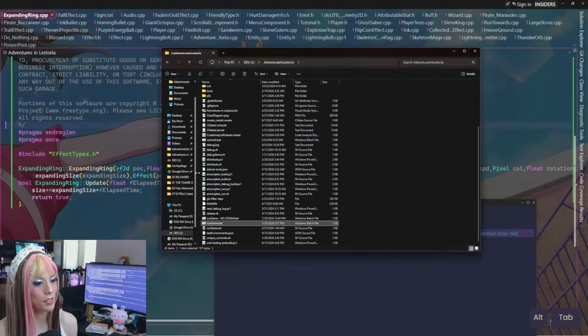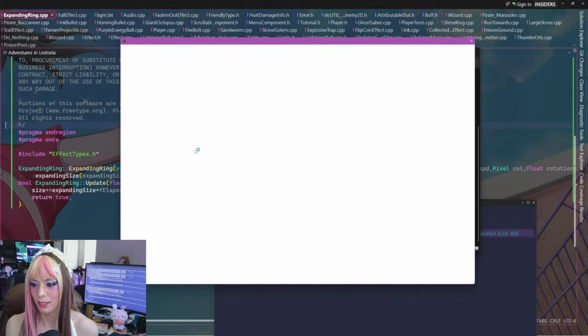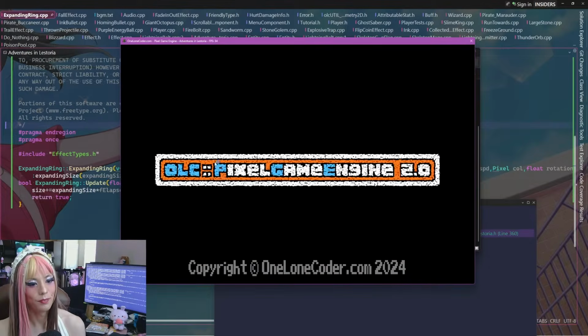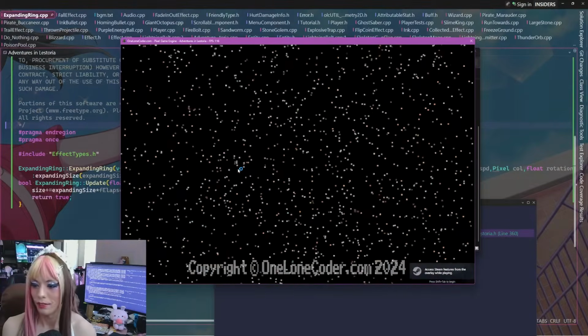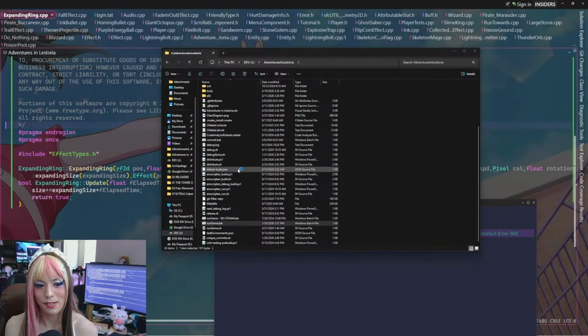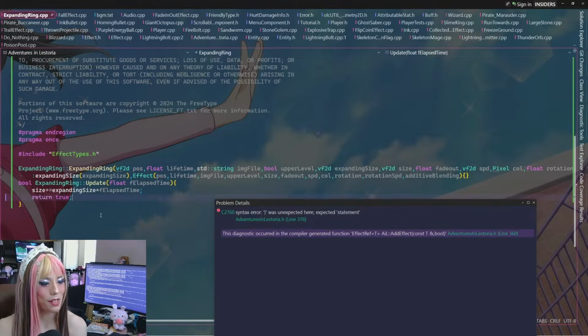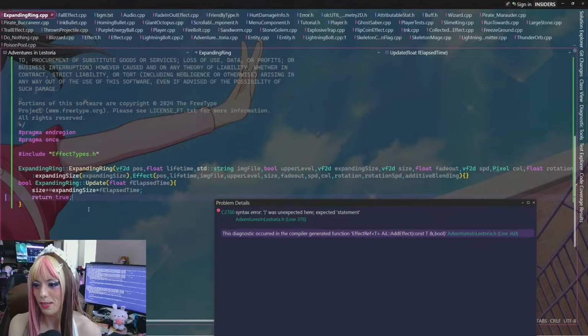Did it crash? I think it crashed. Well, if that's the case, then something went terribly wrong. Yay! So that's something to find out later. Like I said, we don't know if the code is actually correct, we just know it builds, so that's for next time.